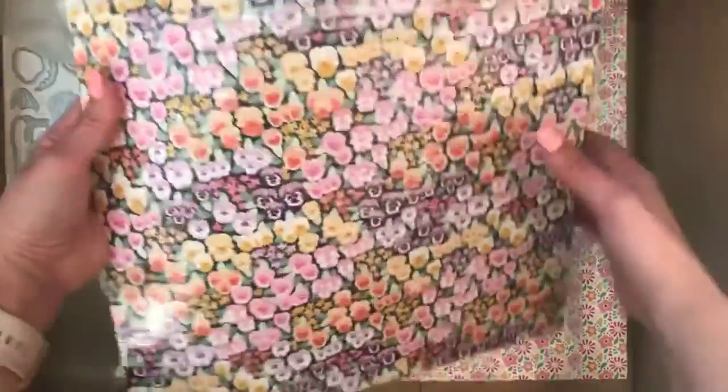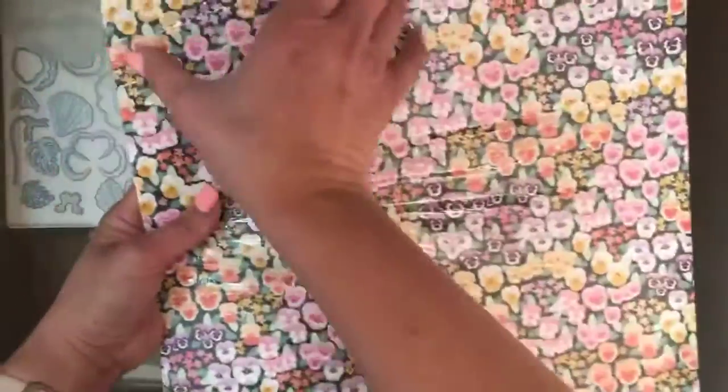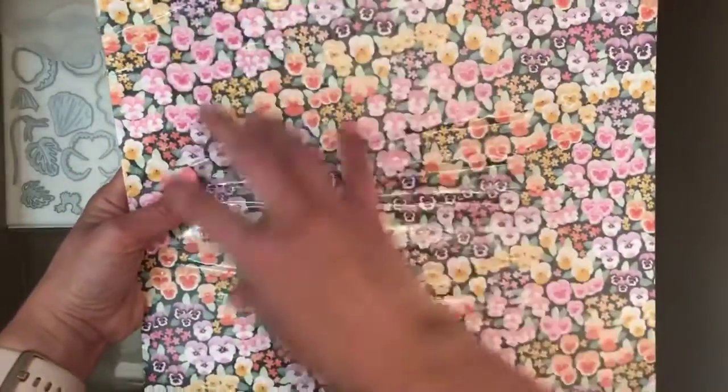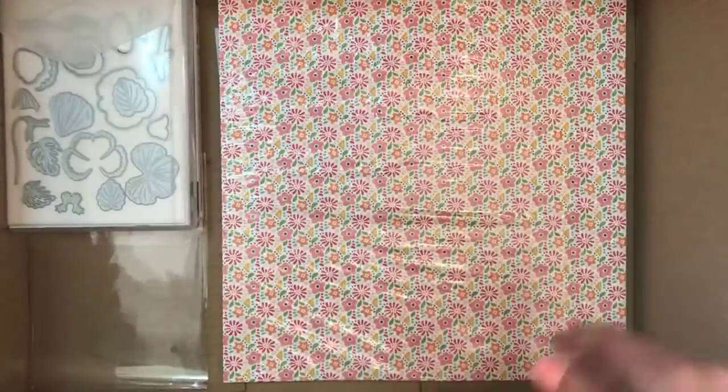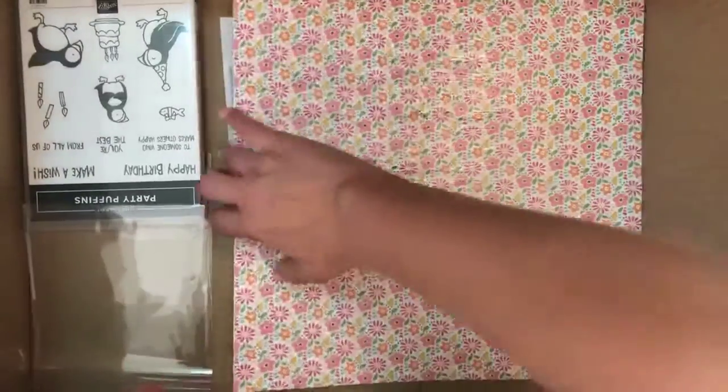But so yeah, you can make 3 full card fronts out of it instead of the 6x6 pieces, so much more usable. And then what else did I get? Alright, so this is actually,